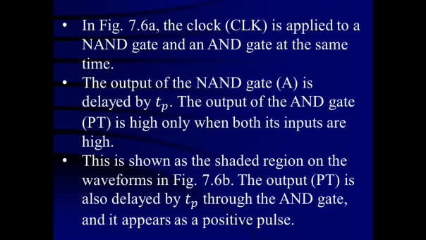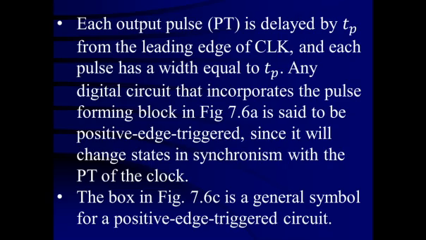The output of the NAND gate A is delayed by Tp. The output of the AND gate is high only when both its inputs are high. This is shown as the shaded regions of the waveform in figure 7.6b. The output positive transition is also delayed by Tp through the AND gate and it appears as a positive pulse. Each output pulse's positive transition is delayed by Tp from the leading edge of the clock and each pulse has